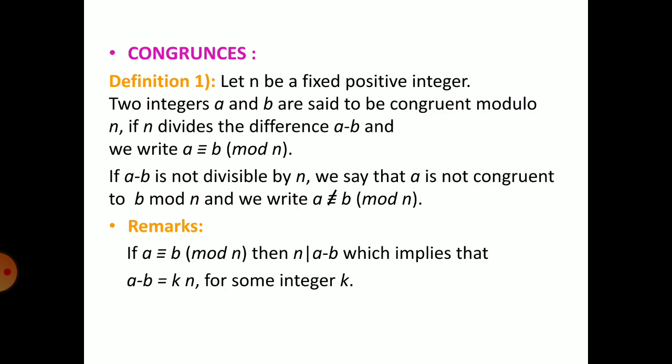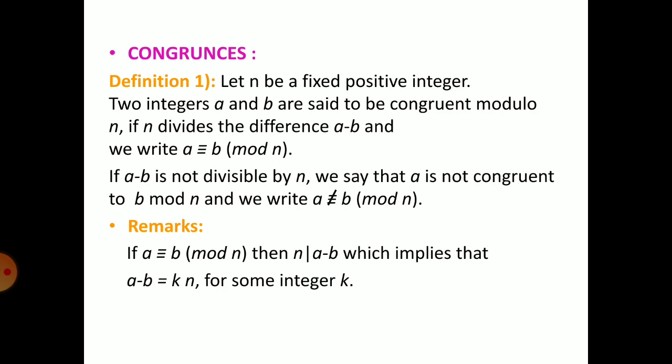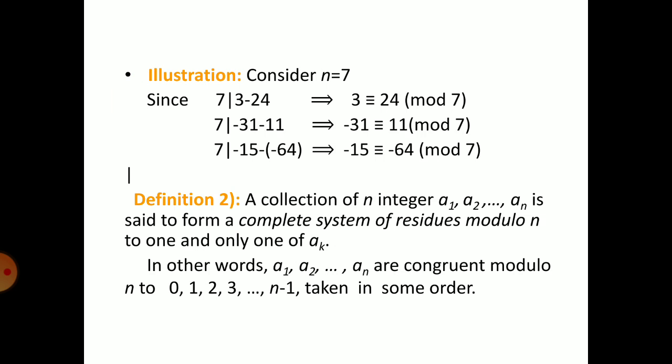Remark: if a is congruent to b mod n, then by definition n divides a minus b. Now apply the definition of divisibility. n divides a minus b means a minus b equals kn for some integer k. That means, in other words, the congruence a ≡ b (mod n) implies that a minus b equals kn. For example, if we consider n equals 7, then we know that 7 divides 3 minus 24,